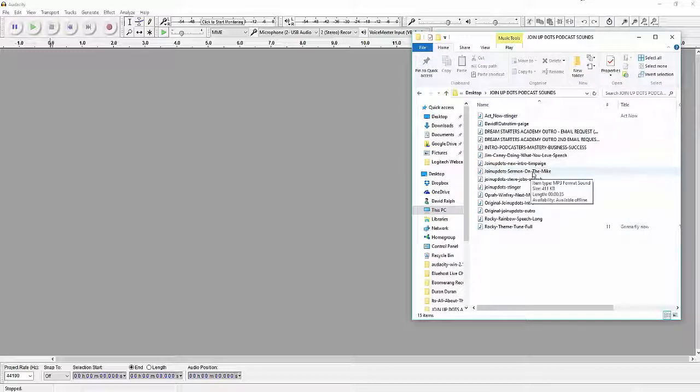And you've got to bear in mind, it is an interview show, so I record over Skype. Now 99.9% of people, they can't do what I'm going to show you now because they haven't configured Skype, they haven't configured the system in the right way. That means that you can actually do all your editing. So if I just click on record